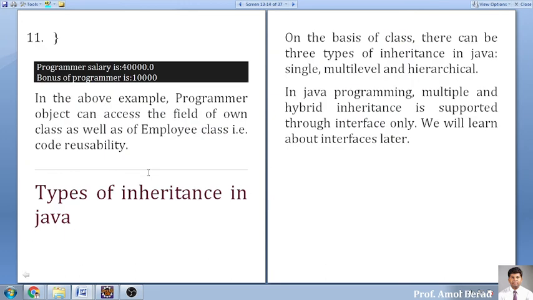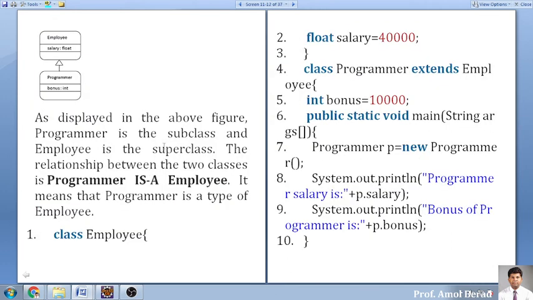An example is very simple here. This is called an employee. Now this is the employee class, a parent class, and there is one more class, as the employee might be a programmer also. The relationship, the triangle shown over here, we call it is-a.